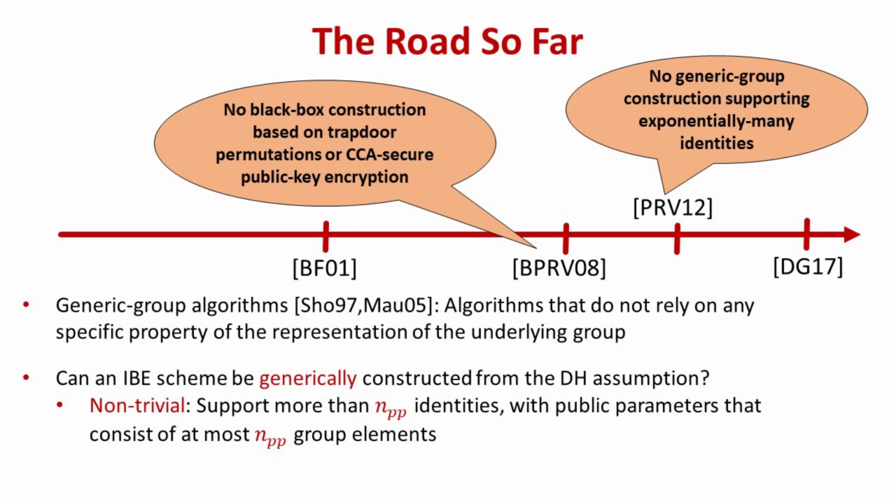Then, from a more algebraic perspective, Papakonstantinou et al. studied the problem in which we are interested in this work, the feasibility of constructing generic group IBE schemes. They showed that there are no generic group IBE schemes supporting an identity space of exponential size. In fact, their result seems to hold already for identity spaces of sufficiently large polynomial size. However, their work left completely unsolved the question of whether or not any non-trivial generic group IBE scheme can be